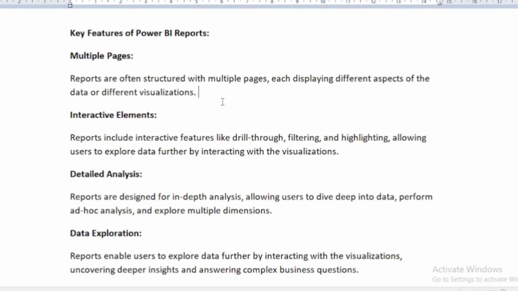Interactive elements, yes, that is what Power BI is designed for. You can get interactive details based on the slicer or filter you're applying, through these interactive elements. Detailed analysis, yes,